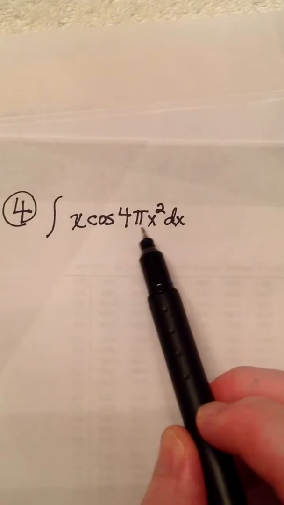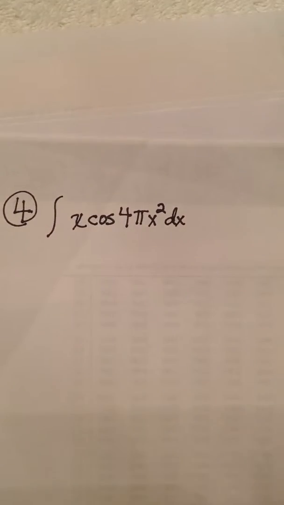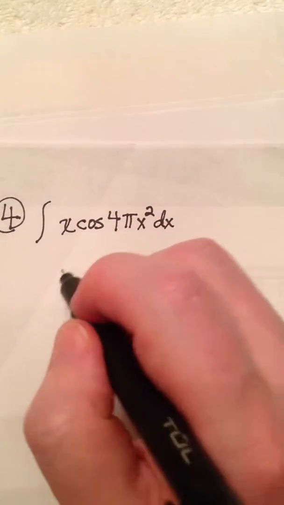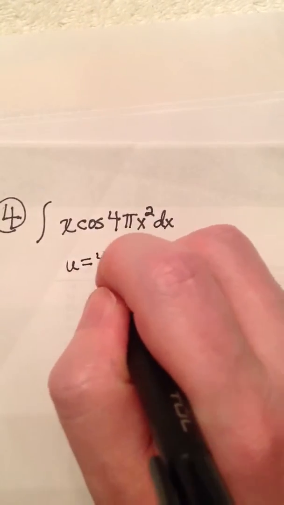Okay, for what we have in item number 4, we have the integral of x times the cosine of 4 pi x squared dx. And here we are again able to utilize substitution, and for the angle, which is quadratic, where we have 4 pi x squared, we can use the derivative to cancel out x through substitution. So we can say that u is equal to 4 pi x squared,